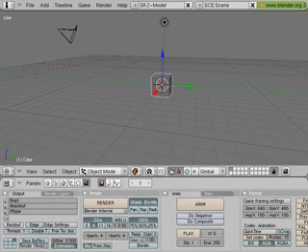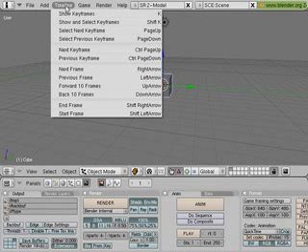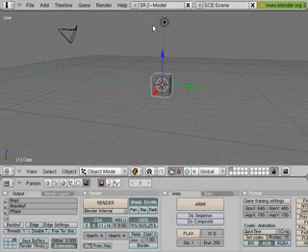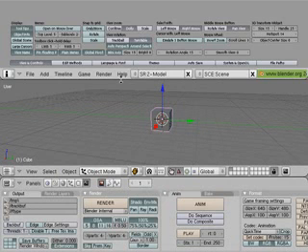No matter how hard you look, you won't find a preferences dialog in any of the menus in the menu bar up here. Preferences are cleverly tucked away at the top of the screen. Place your mouse on the divider here between the menu bar and the viewport until your cursor turns into a double-sided arrow, and then click and drag to expose your preferences. Under the View and Controls context,